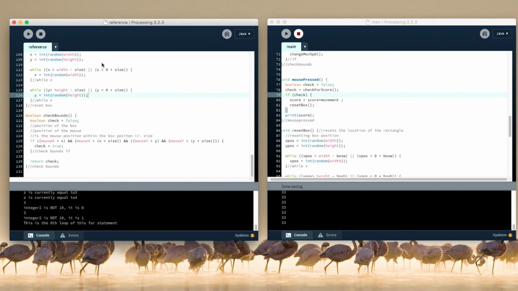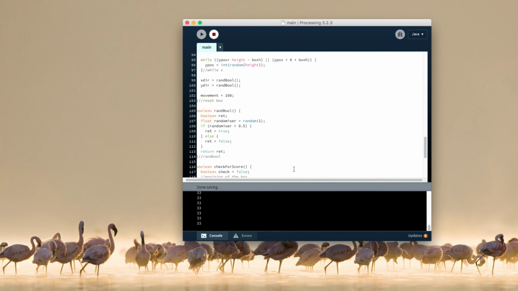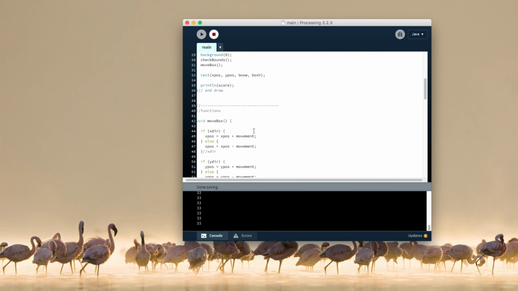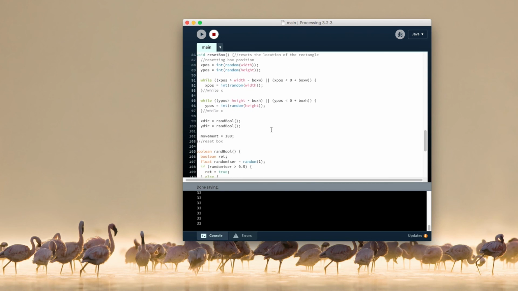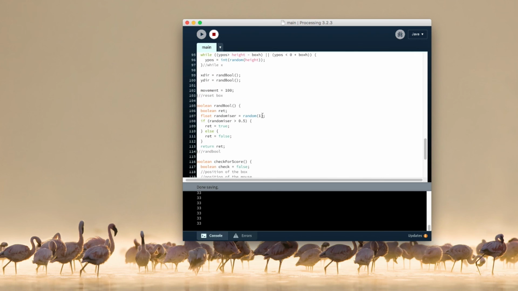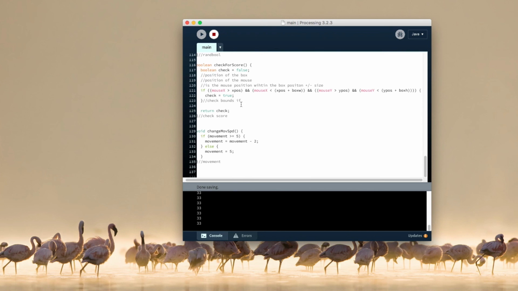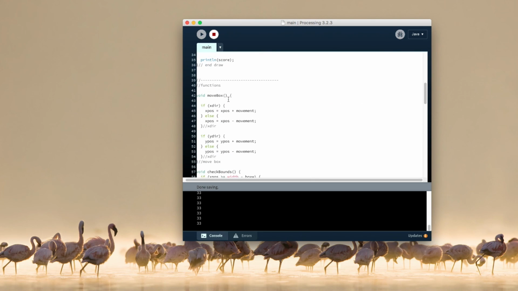I'm going to save that, close this, and that's going to be it for this lesson. So what we've done is we learned more about interactivity and how to make more dynamic interaction with things like mouse pressed, checking for booleans. We added score based on some sort of interaction, e.g. clicking the box when it's moving. And we also learned how to make our program more functional, and really we're starting to use the full power of functions here. One last thing we're going to add is